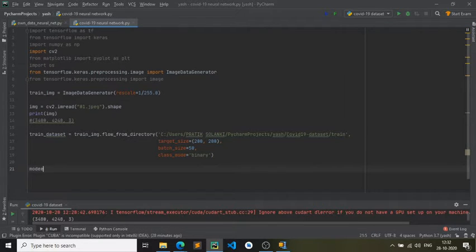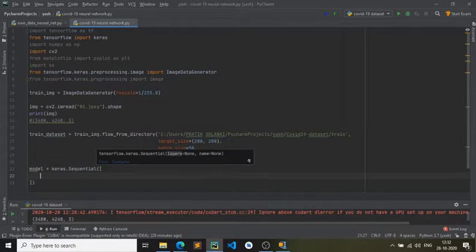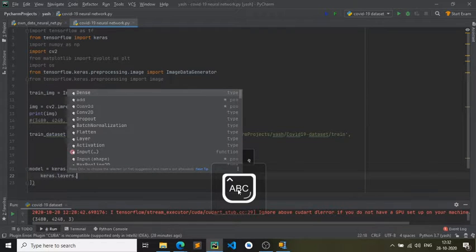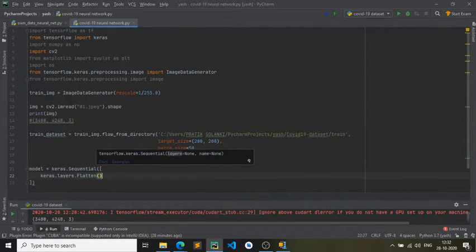Now I'm just going to define the model. So I'm just going to go model is equal to keras.Sequential, and I can just put this under this. First of all, I'm not going to go for a convolution approach. I'm actually giving it as a challenge to you guys. I've made a video on the CNN, my last video on this channel, so go check it out and